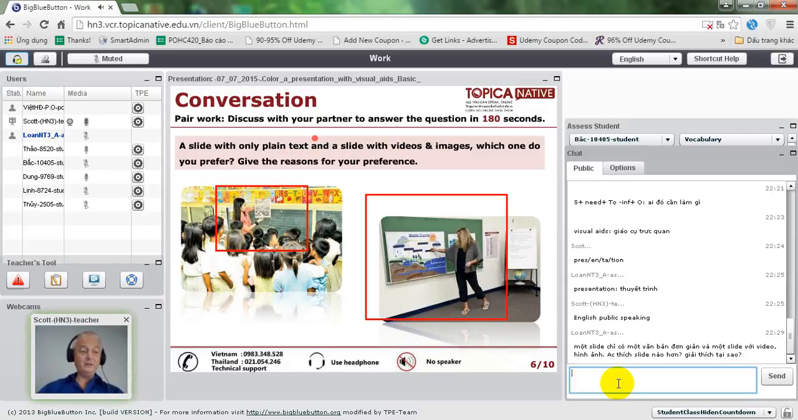Okay, now we're going to allow Lynn and Thủy to practice. Okay, so let's listen as they go over this information now. Hello, Lynn. Hello, Thủy. Can you tell me, a slide with only plain text and a slide with videos and images? Which one do you prefer? I prefer the slide with video and images. Why? It's very attractive to me